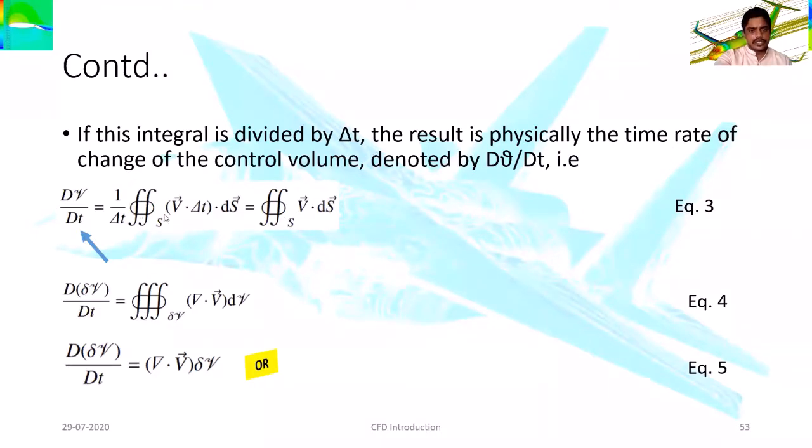So which has been actually v dot delta t, as delta t gets cancelled, so that means our dV by dt is equal to the surface integral of v dot dS. So here the delta t got cancelled, and finally we got v into dS. Here v represents the velocity component and S represents the surface area, and the cyclic integral of S represents the surface area. Now what exactly is this dV by dt here?